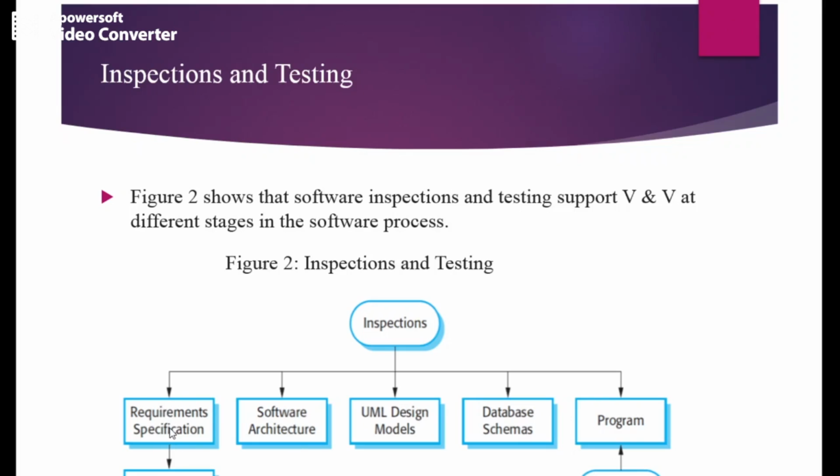See, from the requirements specification, just by reading the requirements, initially you will build a sample model, that is your system prototype, as I've told. And testing, the testing process, is actually done on the program. That's the difference between inspection and testing. So testing is done on the program and also on the prototype.